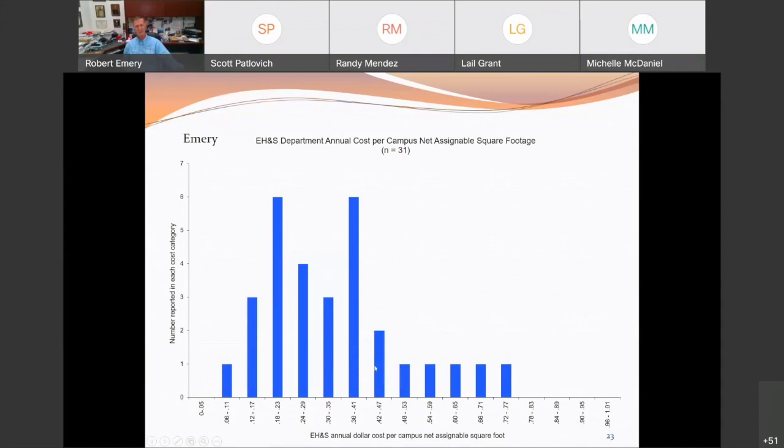But if we get back here to this group, it's really interesting that we see a peak here around 40 cents per square foot, and it turns out around 20 cents per square foot. And lo and behold, this has to do with the lab density. What percent of the total square footage is assigned as lab square footage? And this is somewhere around perhaps 5%, and this is about 15%. So if you split the difference, you get in here about 30 cents per square foot. So when I get a call from a new administrator, chief business officer, and they don't know anything else about their campus except their total net assignable square footage, I can tell them, multiply it times 30 cents per square foot per year, and you'll get in the ballpark pretty darn quick.